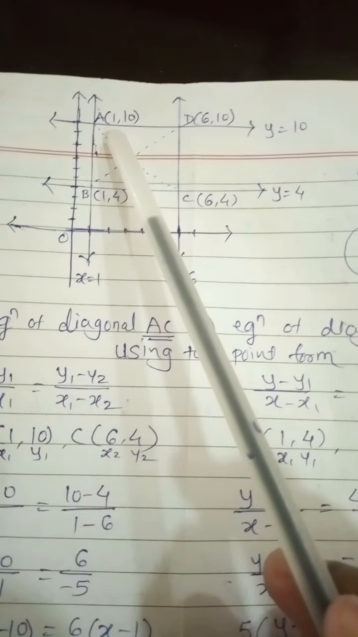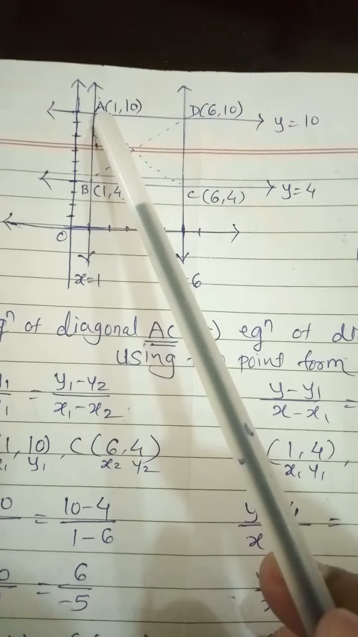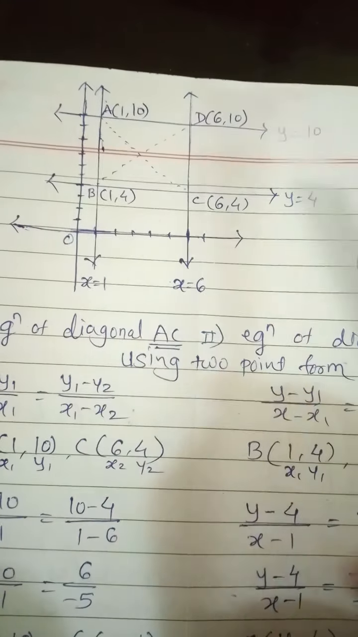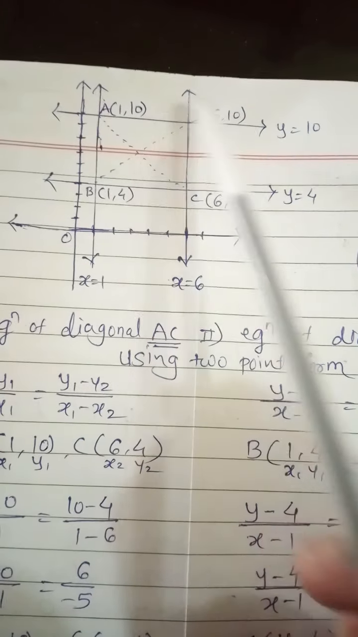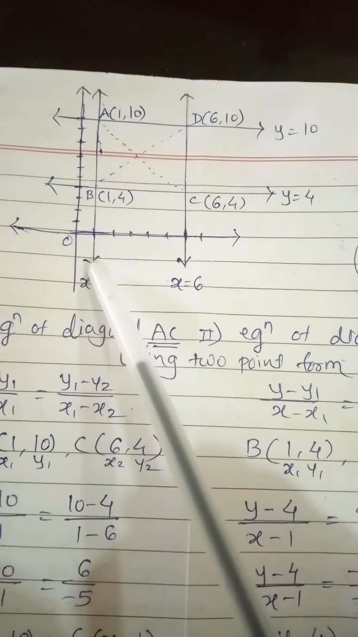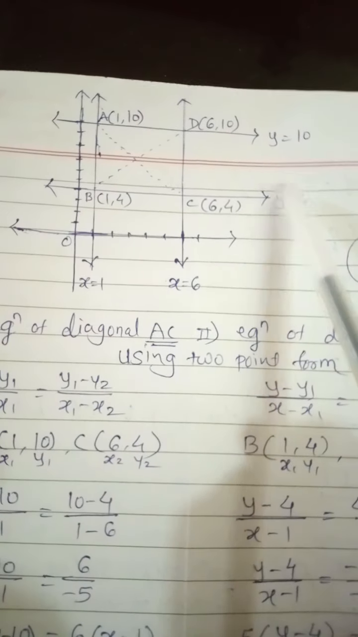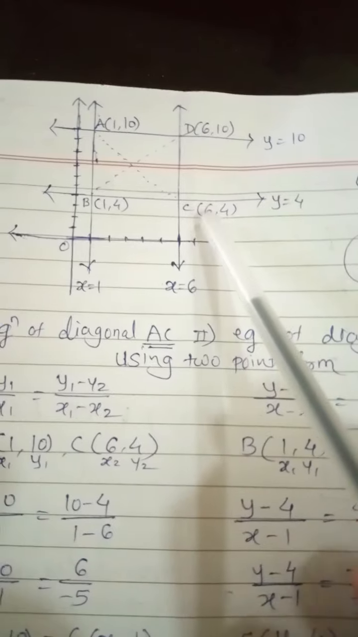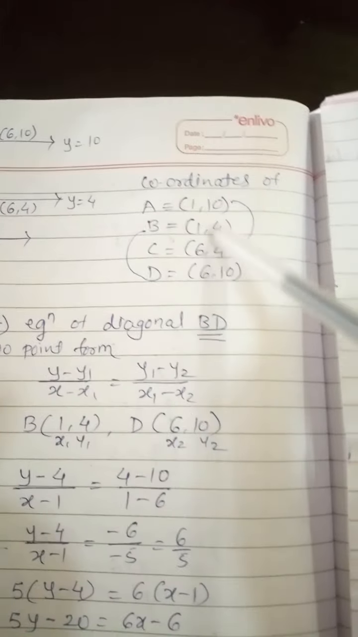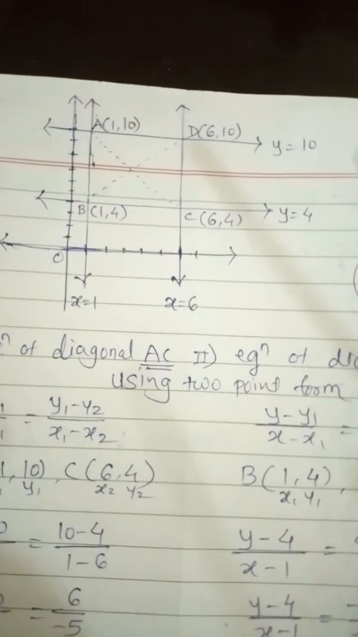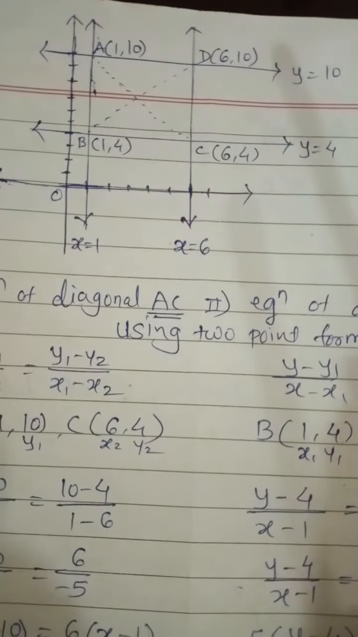So see here the coordinates of A: the x coordinate is 1 and the y coordinate is 10. So A is (1, 10). Next, B is also the same, the x coordinate is 1 and here is 1, 2, 3, 4. Coordinates of B are (1, 4). Similarly we find the coordinates of C and D. Hence the coordinates of A, B, C, D are (1, 10), (1, 4), (6, 4) and (6, 10). So now what we have to find in this example